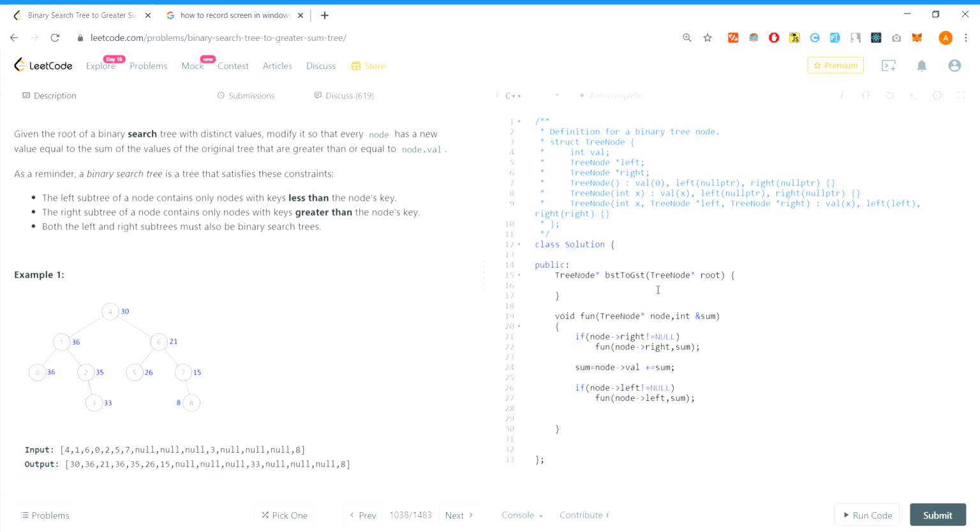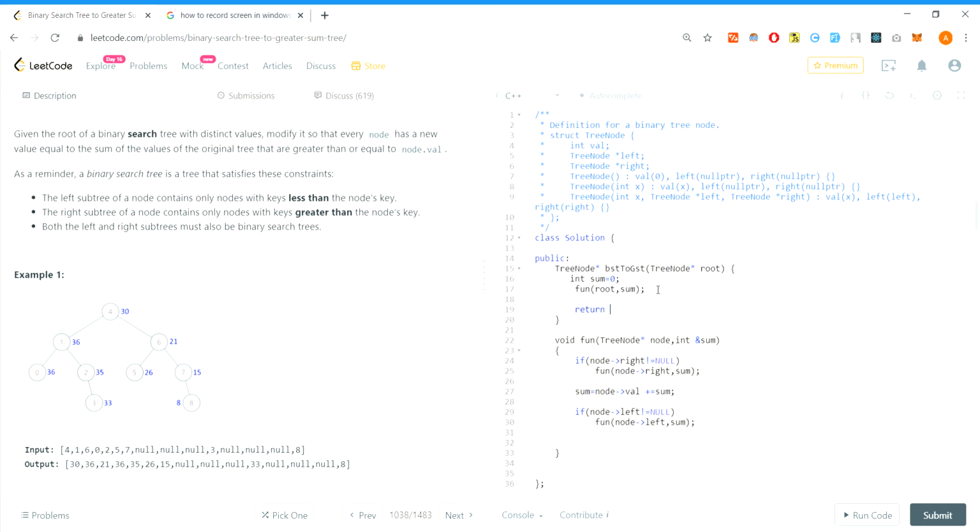So let us write our driver function. First let me initialize sum to 0, and then call the function with the root and the sum, and yes, what do we have to return?